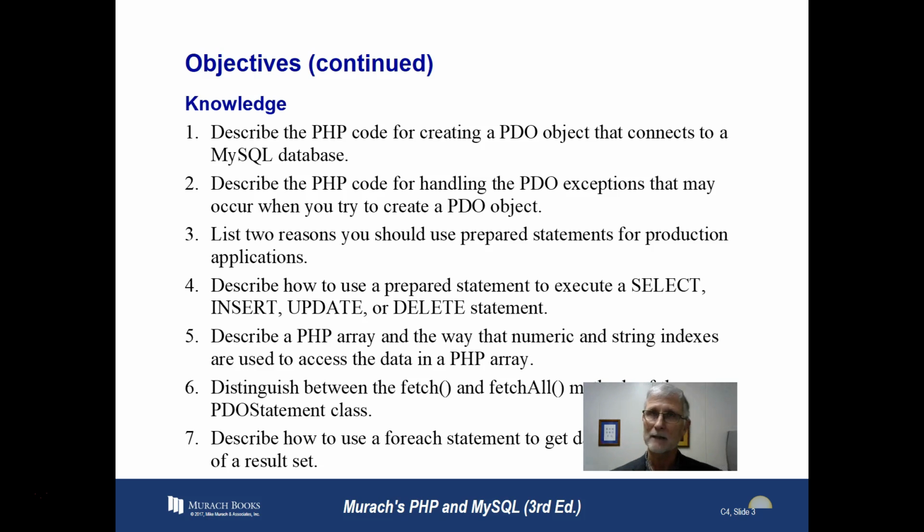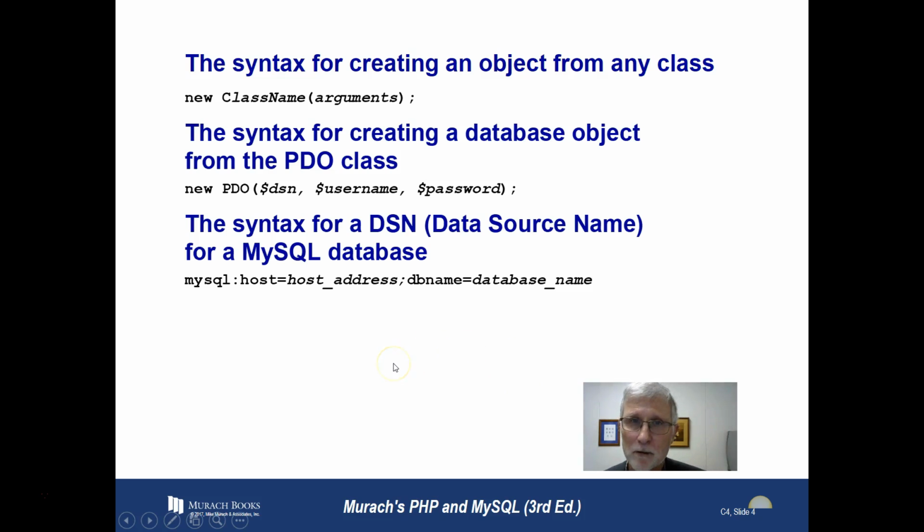And then once I get the data out, how do I then process it? And that's what that foreach statement is: how do I get the data when I start doing this fetchAll command and I say, get me all the data, now I want to process through to get just what I'm looking for. So let's look at the syntax for creating an object,